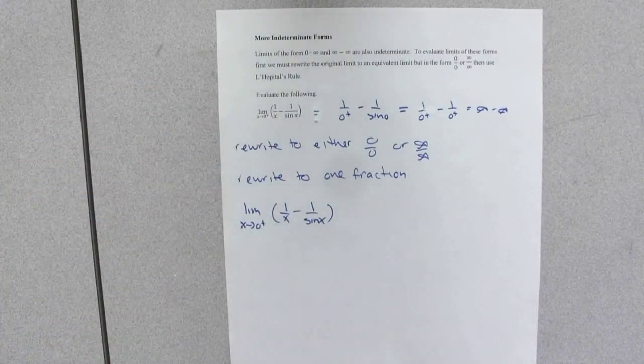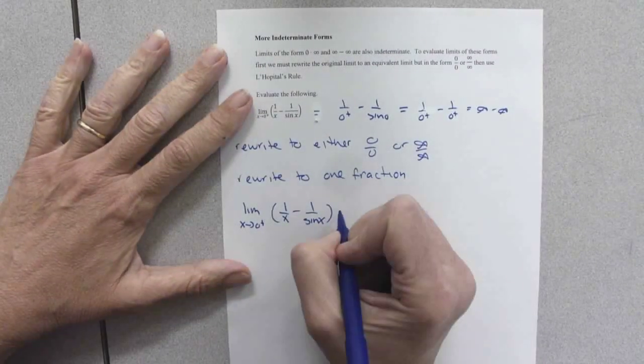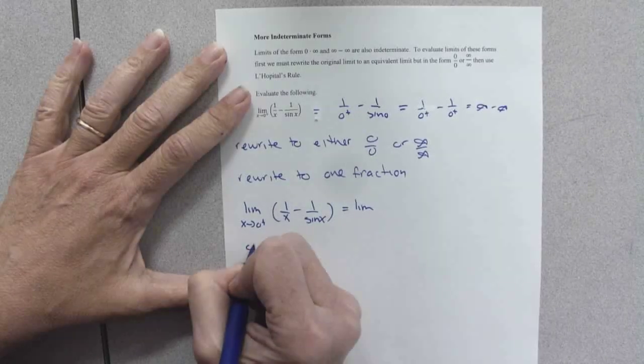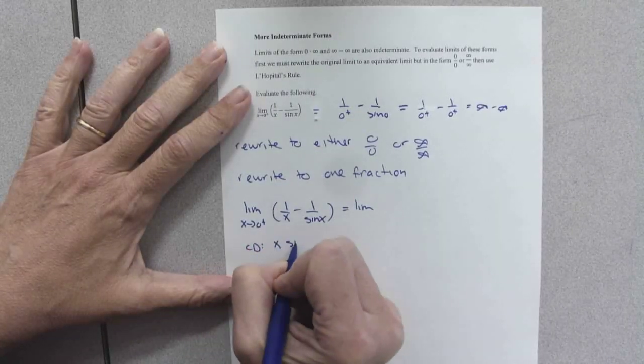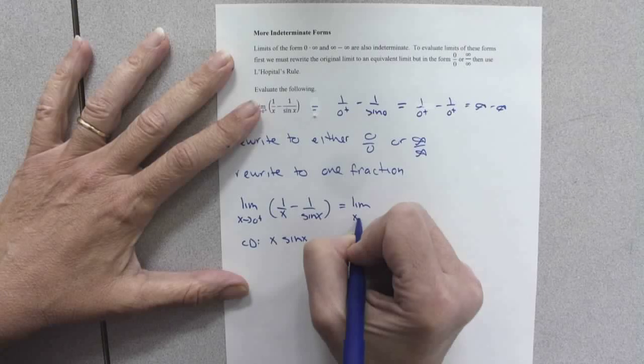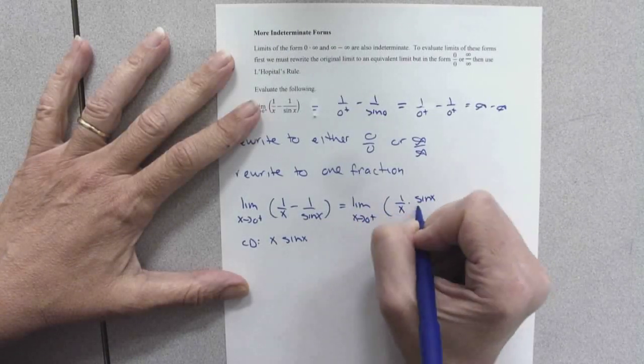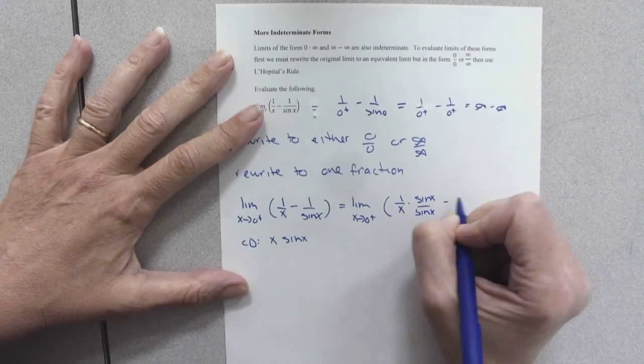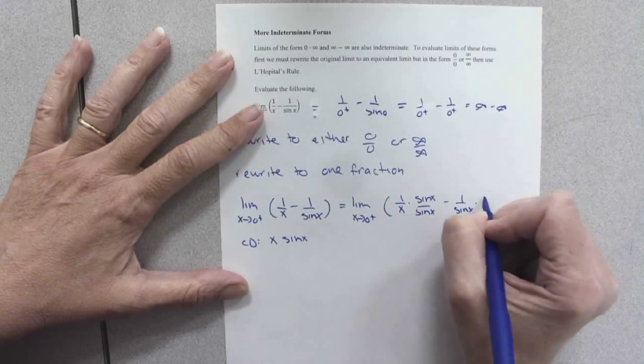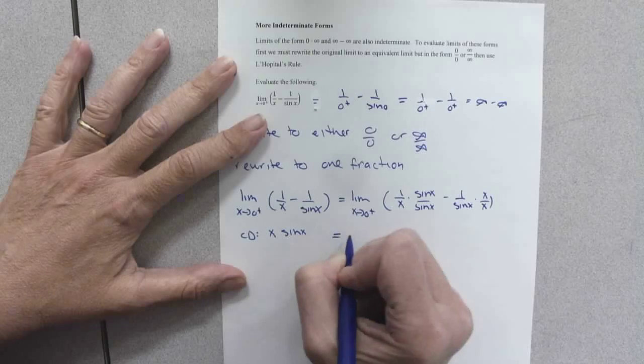My best hope for getting a fraction is to get a common denominator and combine those. So my common denominator is going to be x sine x. So we have 1 over x times sine x over sine x minus 1 over sine x times x over x,